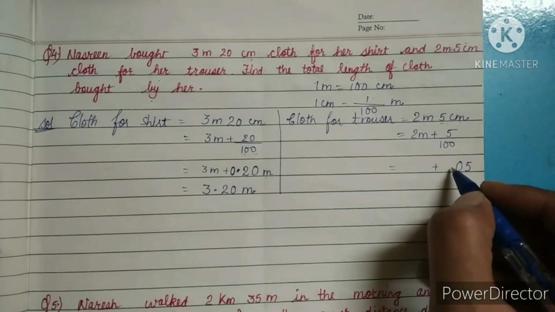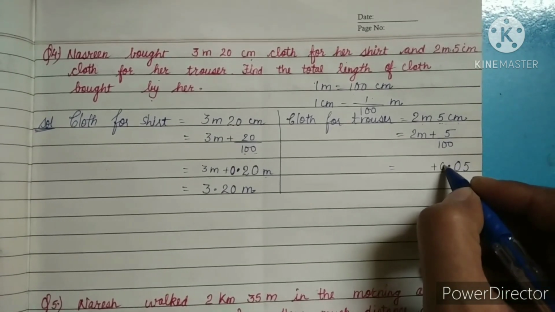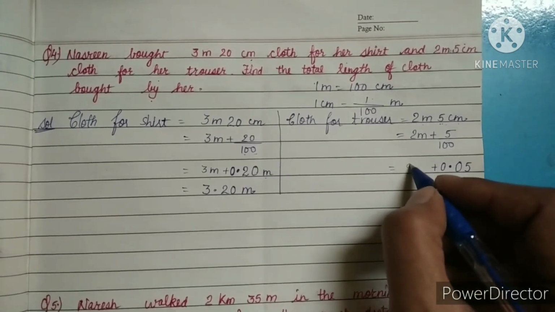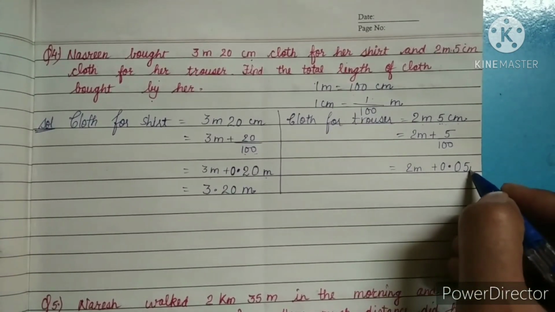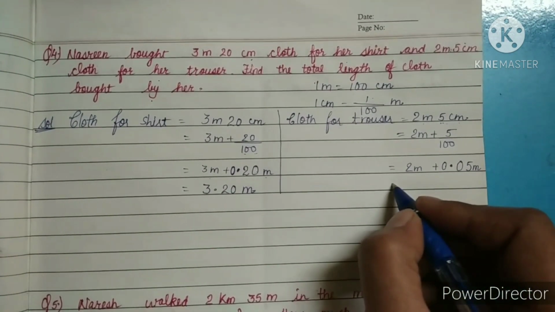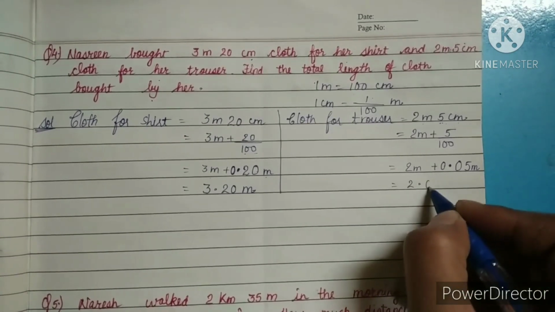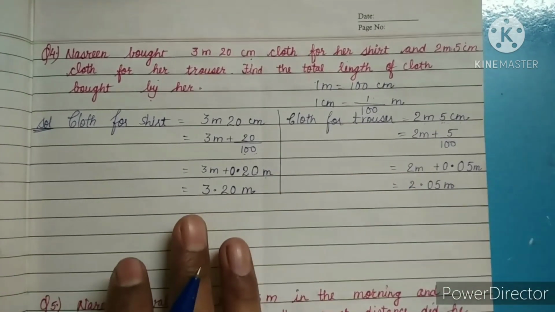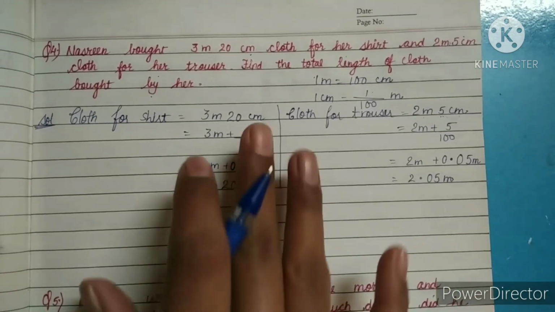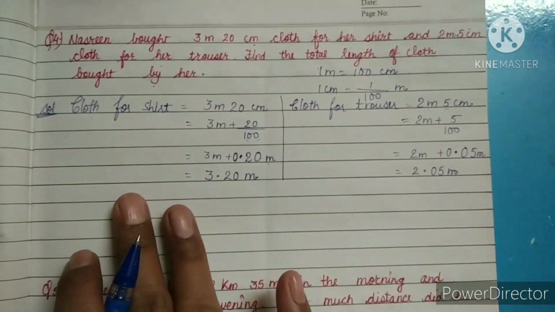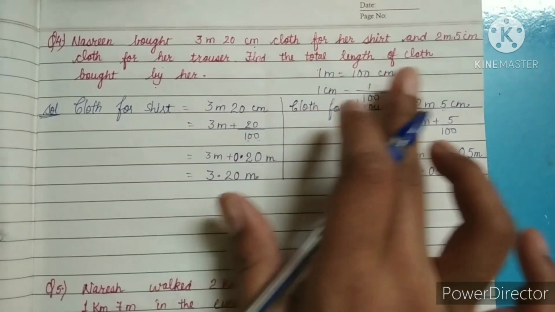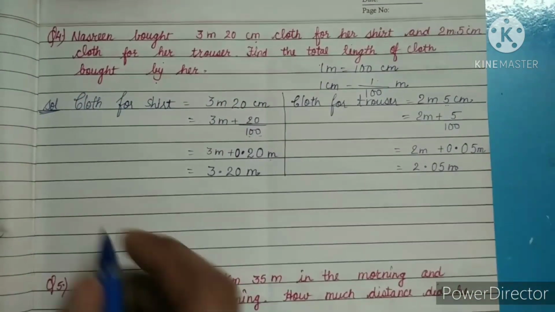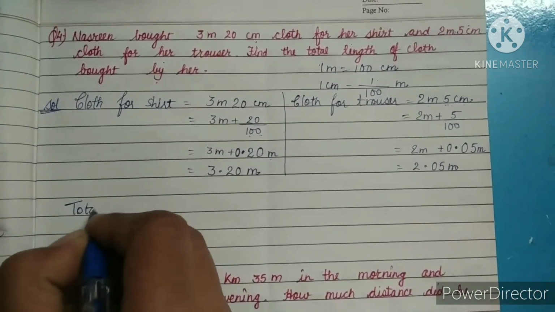Now decimal will come with 0. Here we have 2 meter and this also converted into the meter. So it will become 2.05 meter. Now we converted both the units in the decimal, so we can add them because we have to find the total length of cloth bought by her. So total length